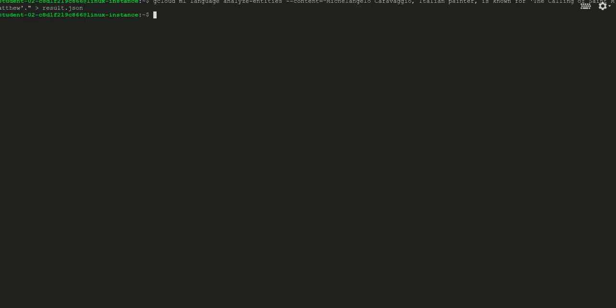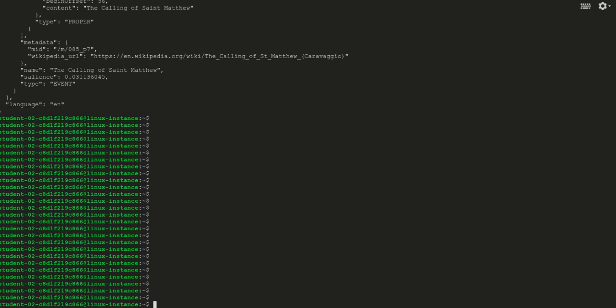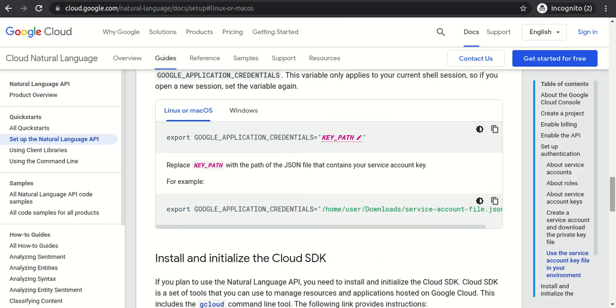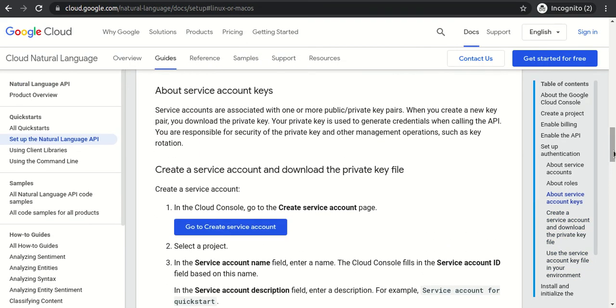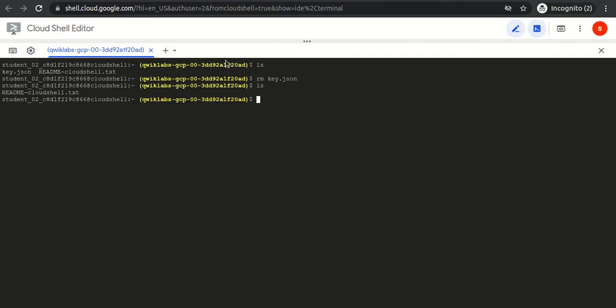So I have called the API, and we could see the output, and if I look at the content, I can see the content. Why is this possible? If you look at the official documentation, it says the account should be authenticated. Right now we are using the Google account, and our account is authenticated, so it is a valid account, and we have enabled the natural language API as well.